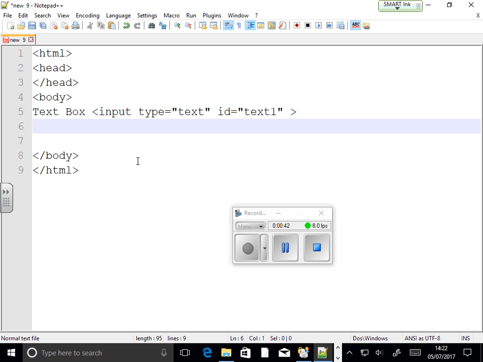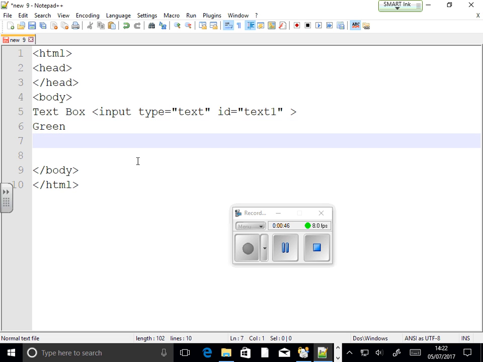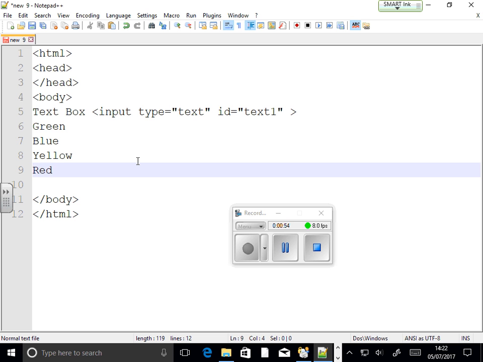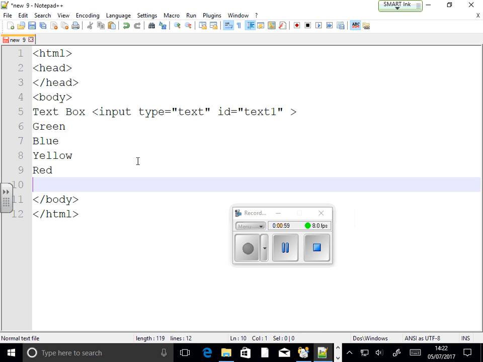Okay, and I need a radio button to say green, blue, yellow, red. Is that, yeah? To create a radio button, you have to do an input type is equal to radio,